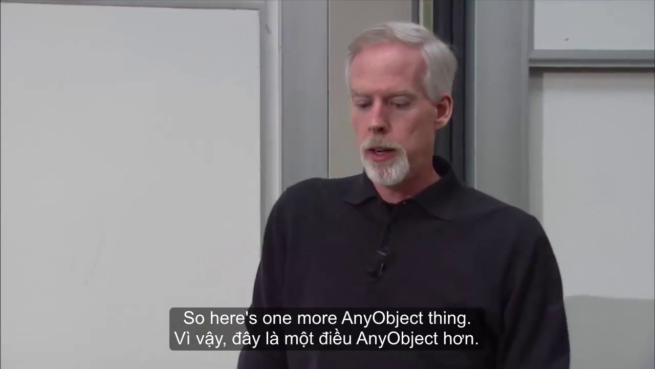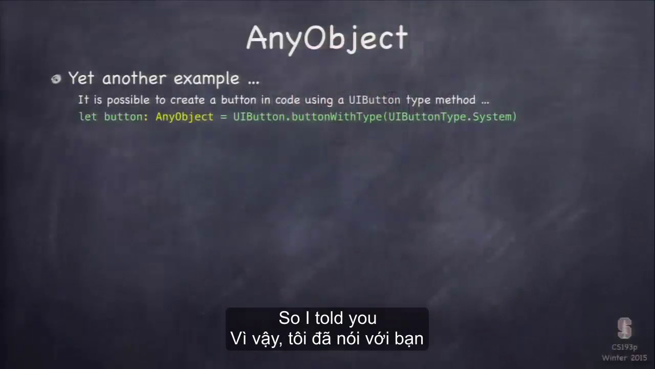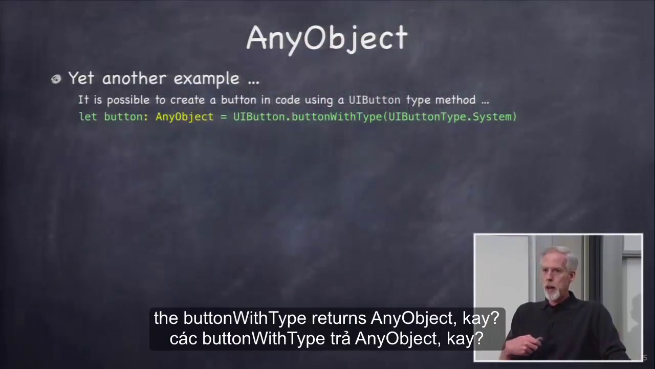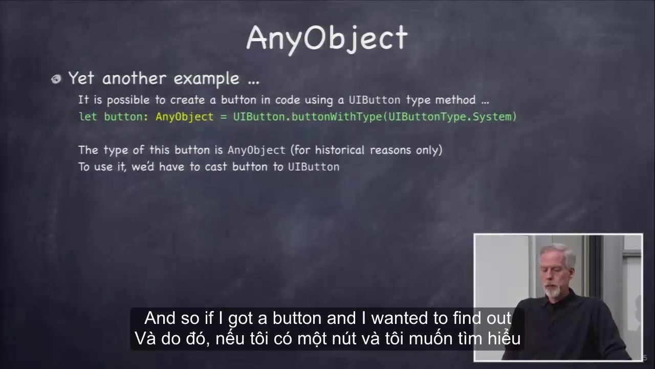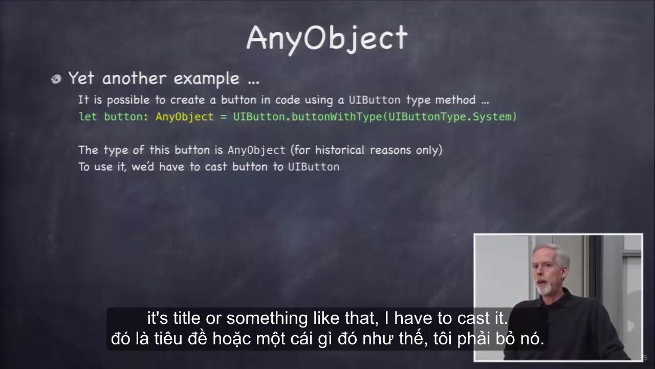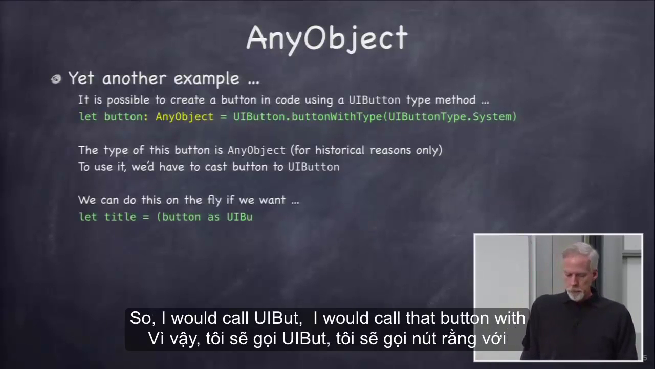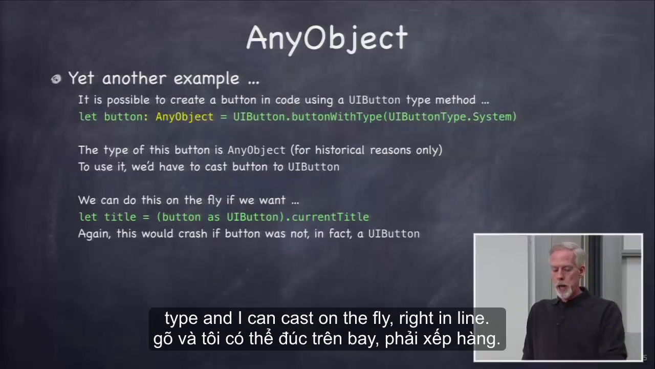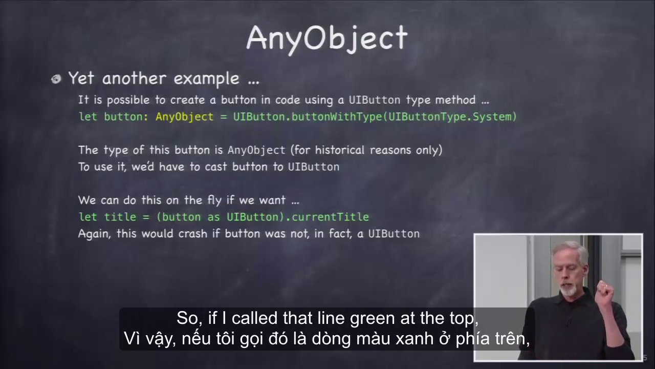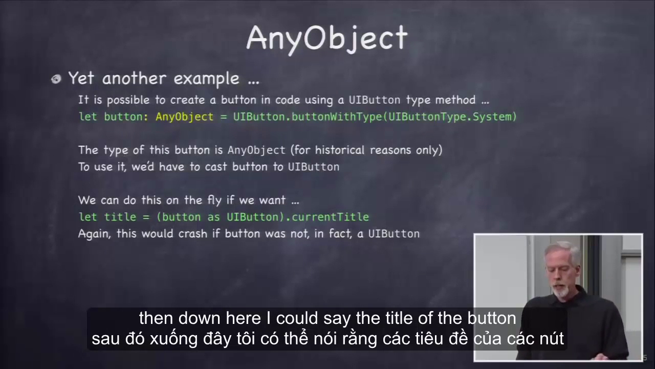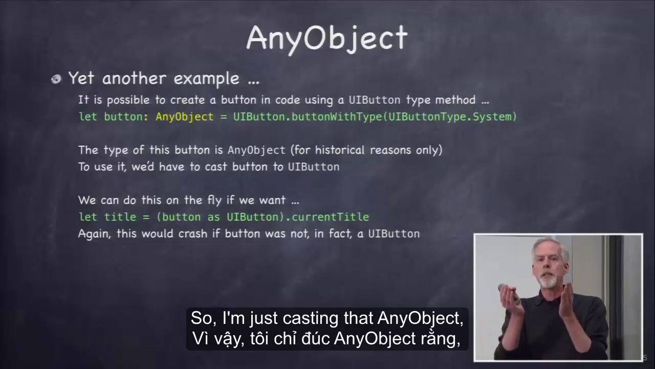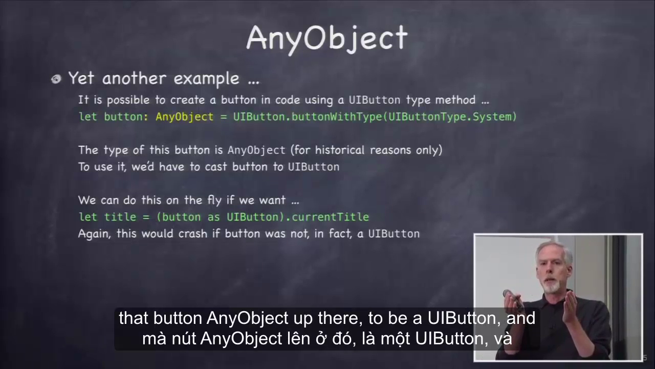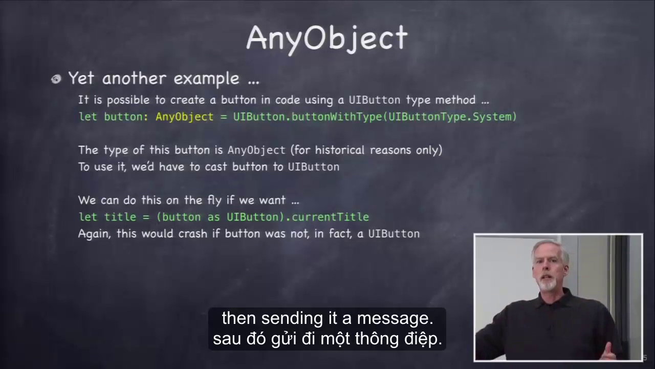So here's one more AnyObject thing. Let's go back to that button thing. So I told you the buttonWithType returns AnyObject, okay? And so if I got a button and I wanted to find out its title or something like that, I have to cast it. So I would call that buttonWithType, and I can cast on the fly, right in line. So if I called that line on green at the top, then down here I could say the title of the button equals button as UIButton.currentTitle. So I'm just casting that AnyObject, that button AnyObject up there, to be a UIButton, and then sending it a message. So you can cast